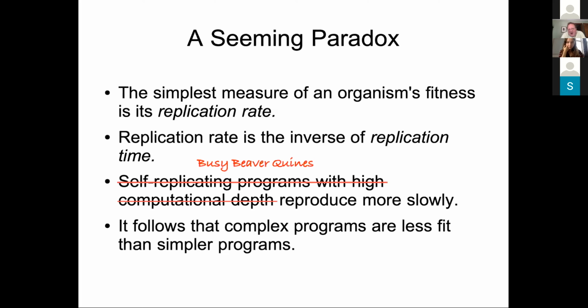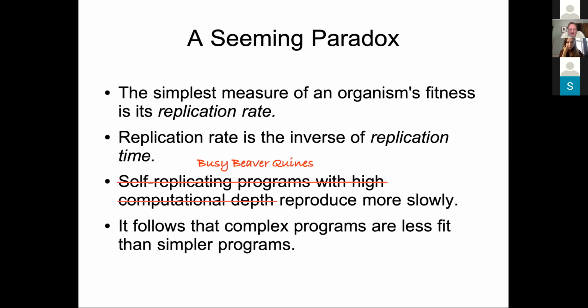Actually, before I talk about how we get out of this, I introduced this idea. You're probably familiar with busy beaver Turing machines, and there's another concept called a quine, which is a self-replicating program, or a program which prints itself. In some sense, these highly complex things we're searching for are busy beaver quines. They take a long time to run. They have compact descriptions. But nevertheless, if they take a long time to run, they're going to be less fit,